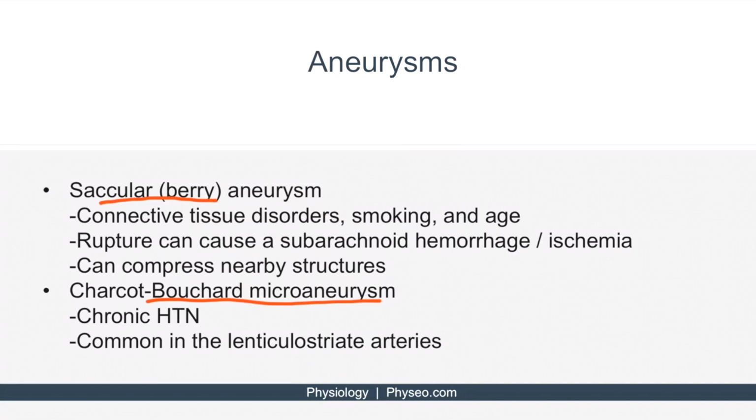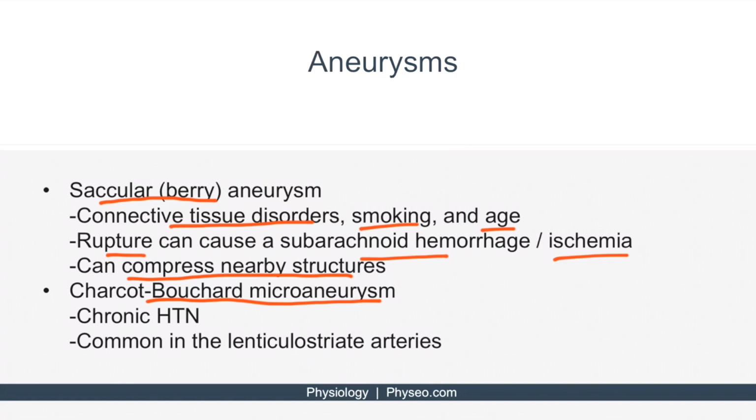Saccular aneurysms are relatively large and are commonly associated with connective tissue disorders such as Ehlers-Danlos syndrome, smoking, and age. It's important to know that these aneurysms can either rupture or can compress nearby structures. If they rupture, they can cause a subarachnoid hemorrhage and/or ischemia to the nearby region. If they compress nearby structures, the patient may have clinically significant symptoms, but this depends on the location of the